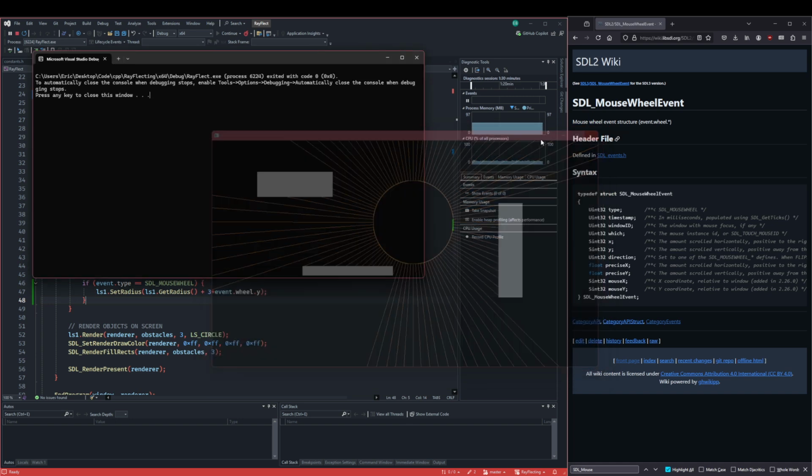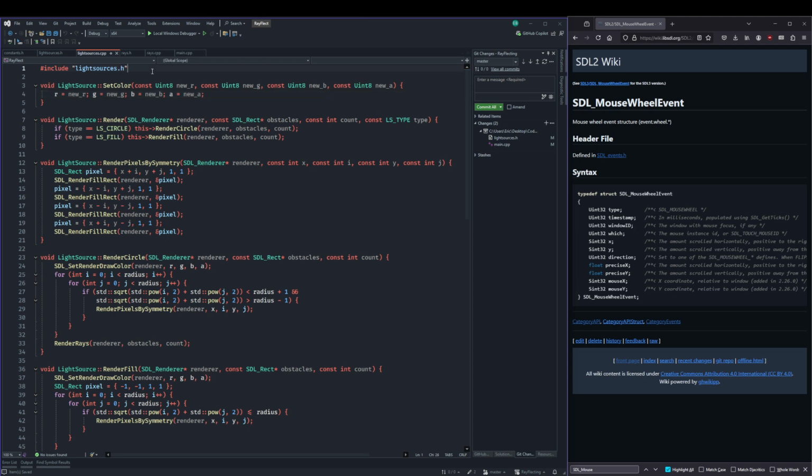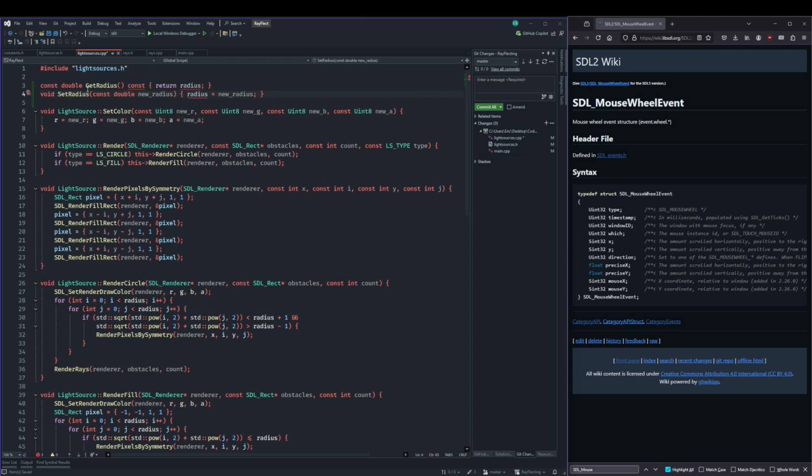What I can do is, here in light sources.h, I'm just going to do, you know what, I'm not going to do it inline. I'm just going to copy this basically and just do it here. Okay, and now in light sources.cpp I'm just going to do it as one of the first things here, right? And so, light source,